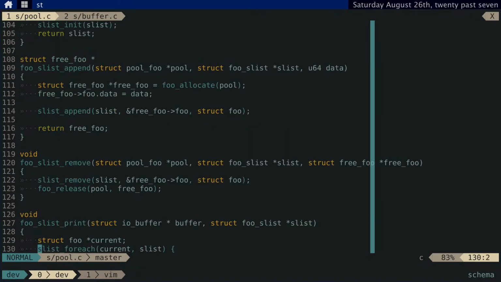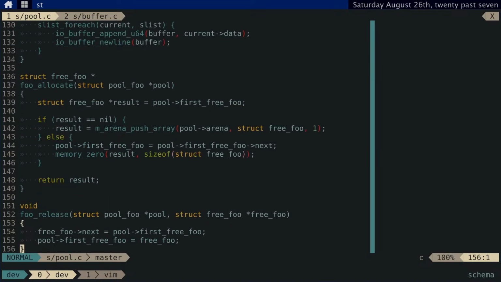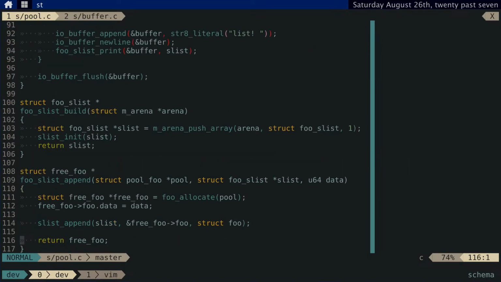Wait, let me look. Okay, so when we're allocating on slist append, we're doing foo allocate. Okay. Yeah, that makes sense. Yeah, I don't think I have to worry about it